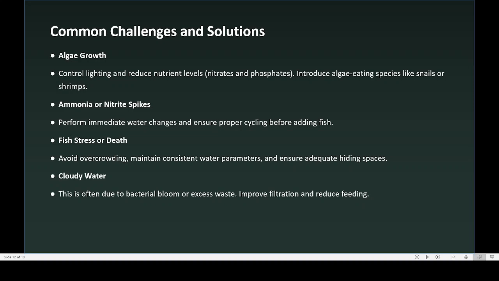Then ammonia or nitrate spikes, an increase in ammonia or nitrate level. Perform immediate water changes, and ensure proper cycling before adding fish. So if you feel that there is too much ammonia, we have to change the water or take other precautions. Then fish stress or death: avoid overcrowding, maintain consistent water parameters and ensure adequate hiding